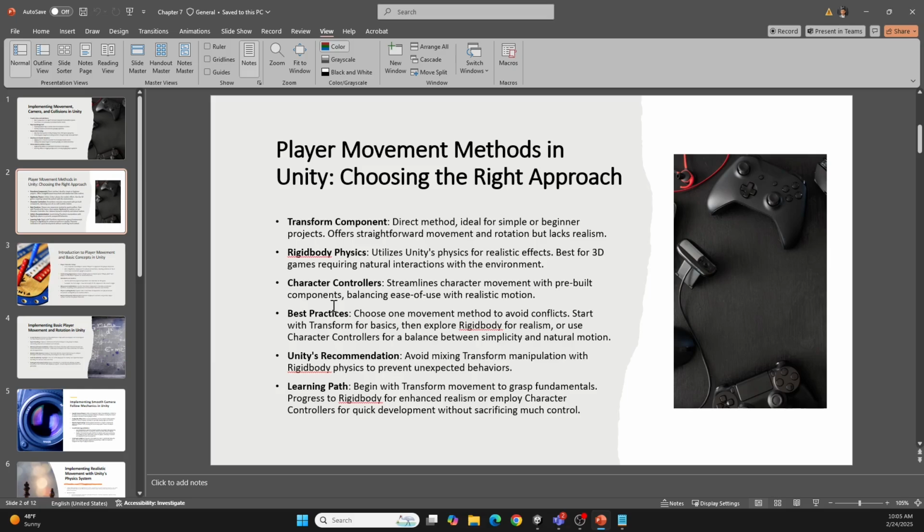And starting with transform component movement is a good way to learn the basics of character movement. Later on, integrating rigid body physics can elevate the realism of your game by introducing real world physics interactions. For those looking to speed up development without sacrificing too much control, the character controller and other Unity provided components